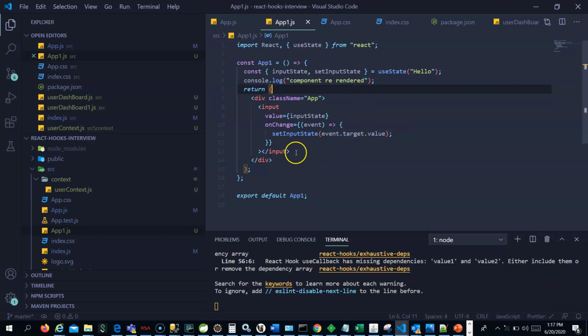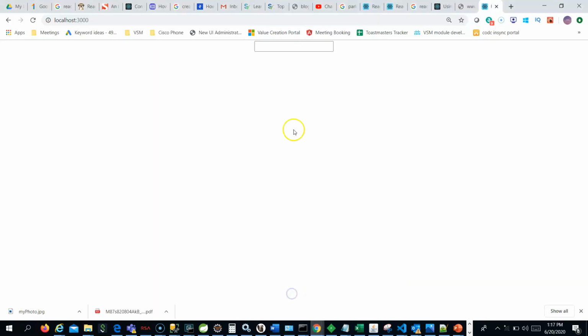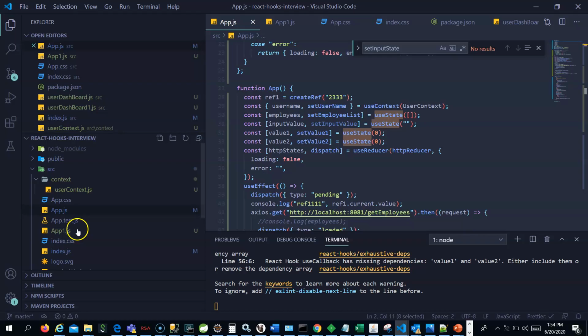Okay, and let us move to that browser screen now. See, now you are able to type.